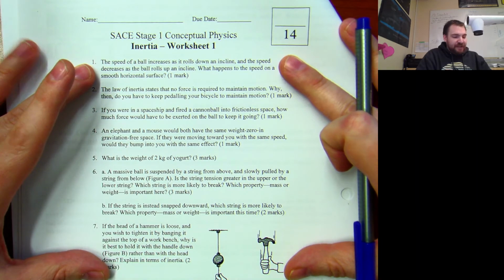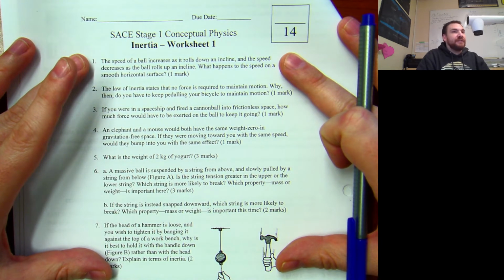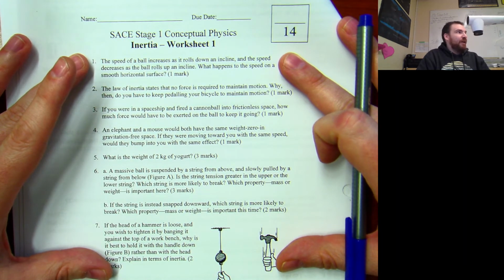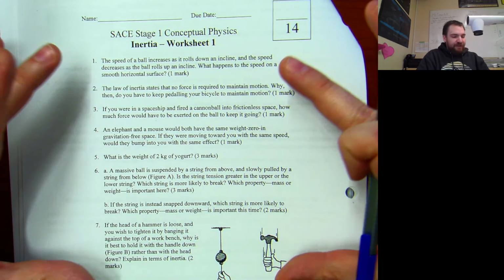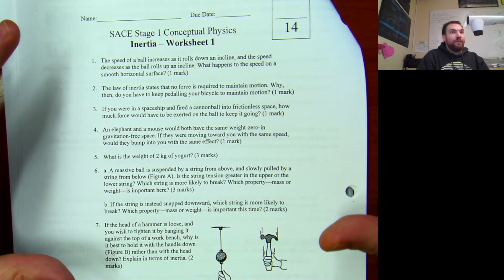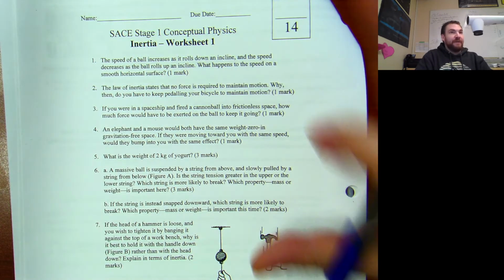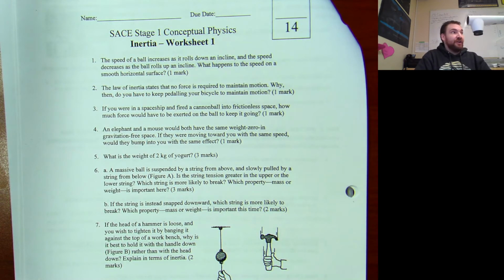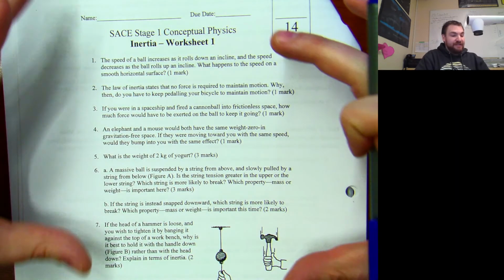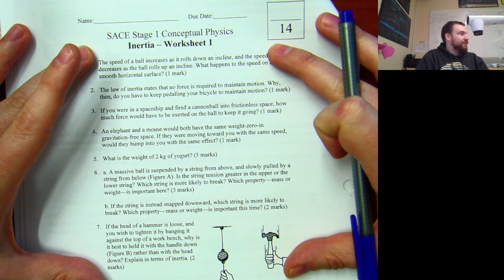We'll give you about 20 minutes to work through these 7 questions. I'll check in with you in 15, but 20 minutes I figure you should be able to get through this, and then we'll move forward. I'll be moving around answering questions on all of this, but if there are no questions to start, I want you to work through these 7 questions. Feel free to work with the people around you.